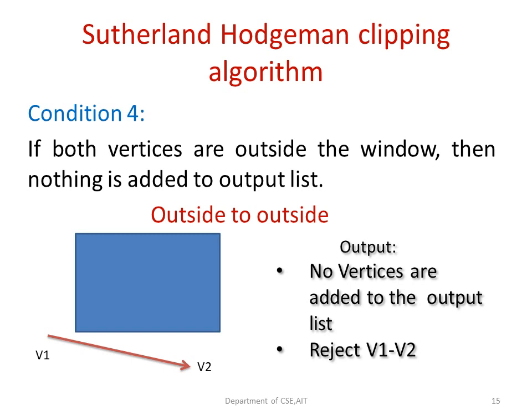Fourth condition is if both the vertices are outside the clipping window, obviously then that line need not be considered. Entire line can be trivially rejected. So we have these 4 conditions for the Sutherland-Hodgman clipping algorithm. If you remember how these 4 conditions are working, then easily you can go for solving the Sutherland-Hodgman clipping algorithm.